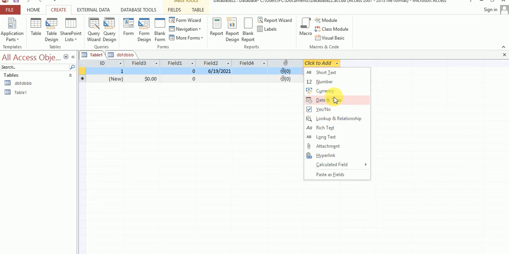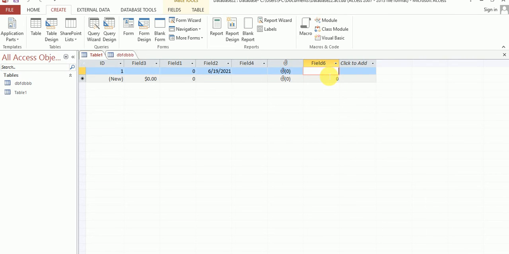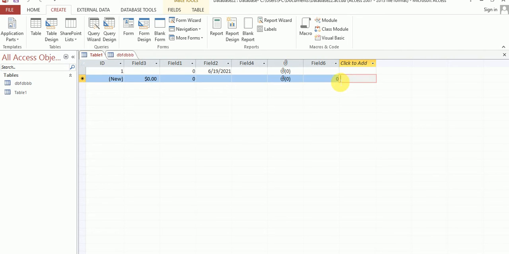Okay, so suppose I want to use date and time, currency, number, and short text data types in my table, then just left click with the mouse cursor, or you can also use the enter key. Suppose you can see this one, my Field 6, and automatically the default value is 0, because this is a number field.